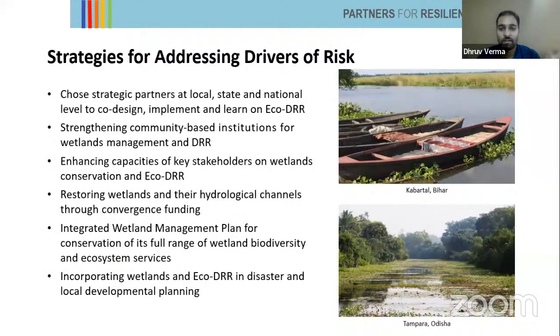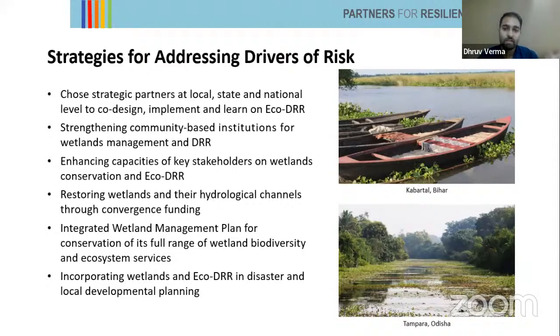Yes. Now, to address these drivers of risk, first and foremost, we established strategic partnerships across different levels and also with organizations having expertise in different domains, which helped in designing, implementing and even learning from the project. Also the strengthening of community-based institutions, through capacity building, participatory approaches, doing assessments together, really helped in strengthening these institutions. Fostering community-driven wetlands restoration and Eco-DRR through convergence funding also